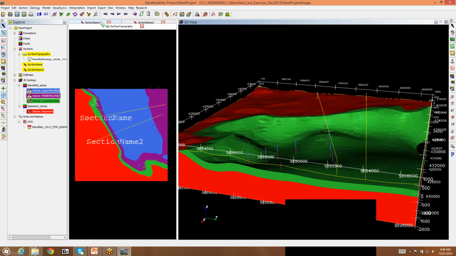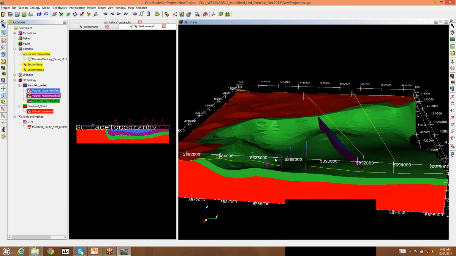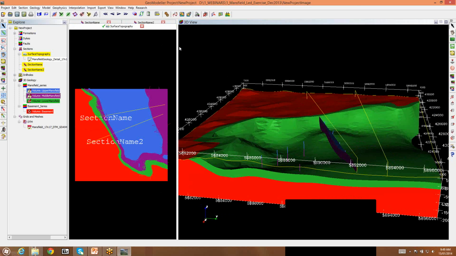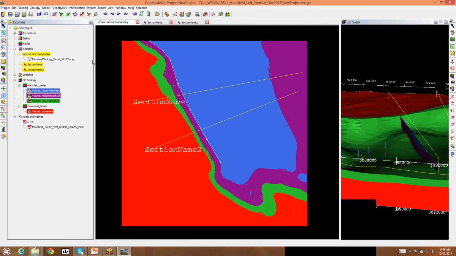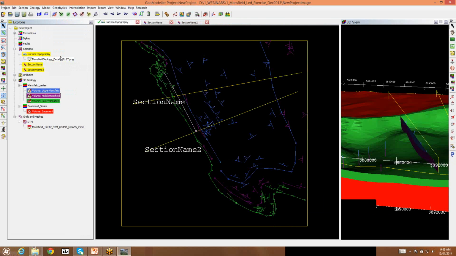Also, I can choose to have a look at my sections and again put these across for viewing. What I'd like to proceed to do now is introduce the faulting, because there is some fault network, a small one on the western limb. So just to erase that model data now and bring back our map,